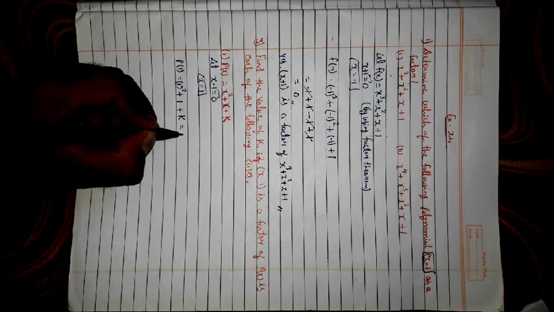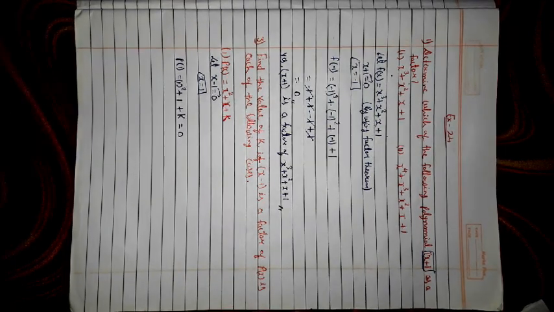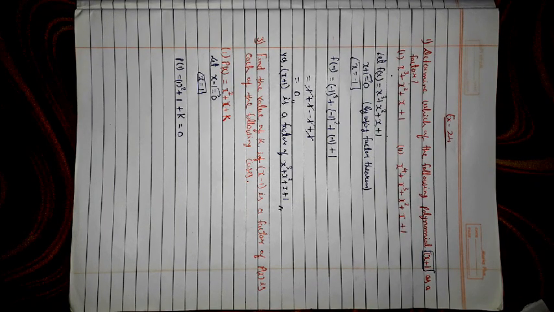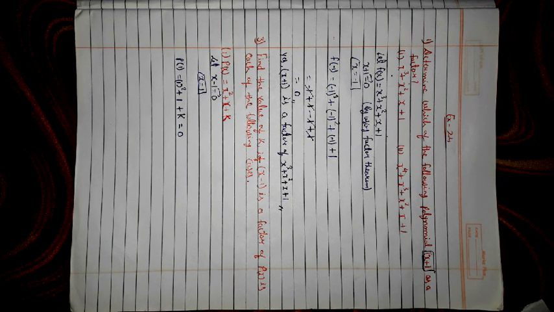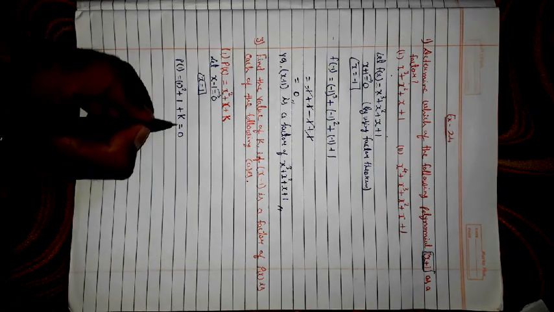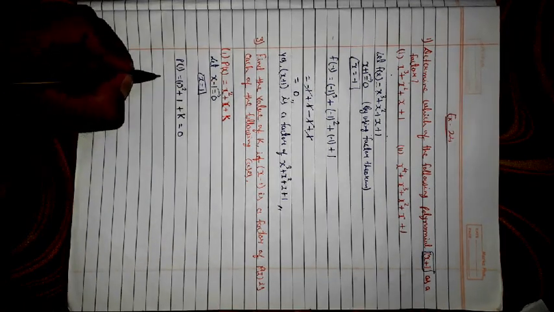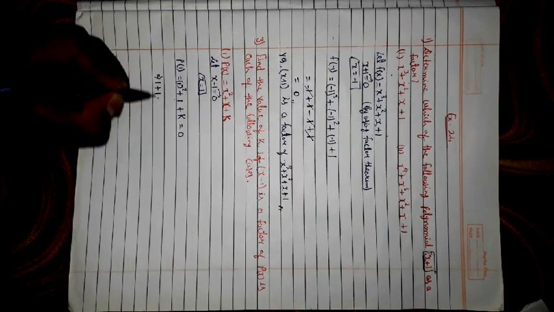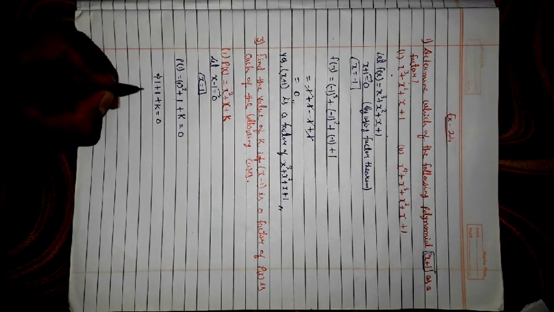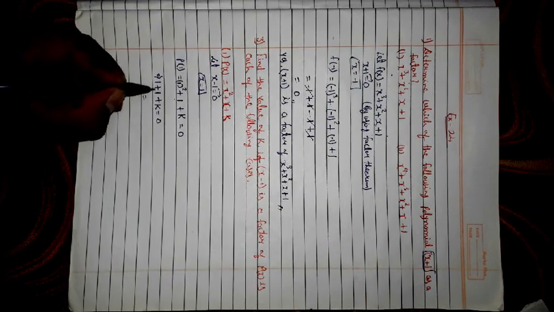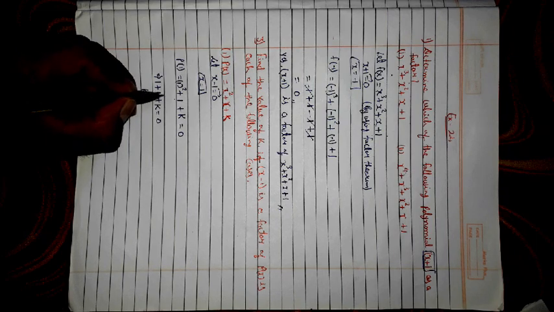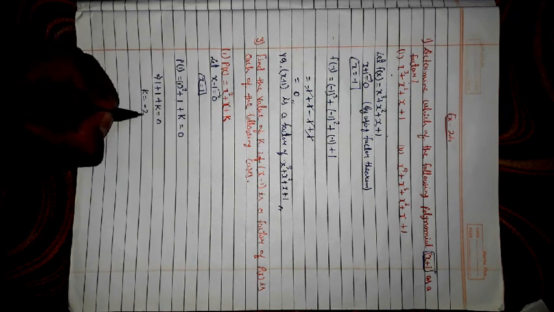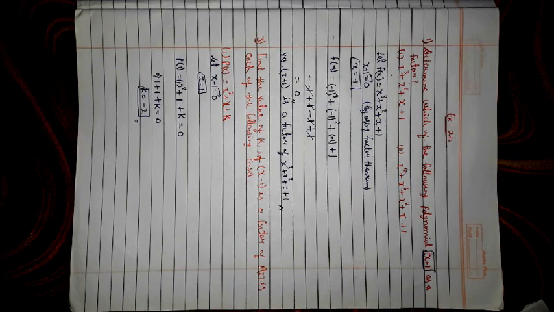The most important thing that you have to remember is that whenever in the question it has been asked to find the value of a particular variable, in that case you have to take 0 equals that particular equation. So here I have taken 0 equals the given polynomial. So 1 square would be 1, plus 1 as it is there, and plus k equals 0. For finding k, I need to shift: 1 plus 1 becomes 2. Then I need to shift this 2 to the side of 0, so it would be minus 2. So the value of k is minus 2.